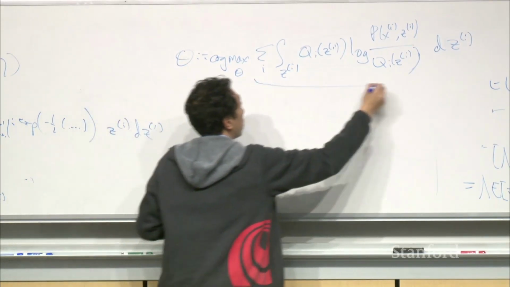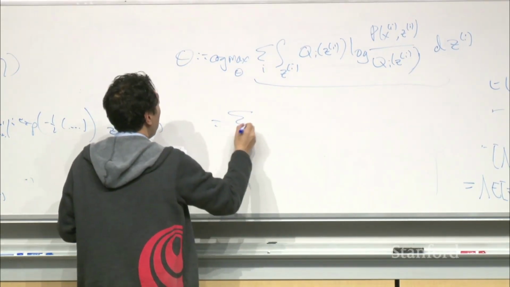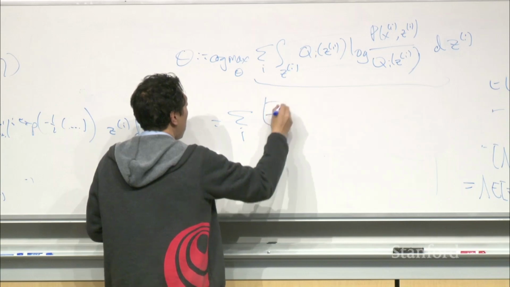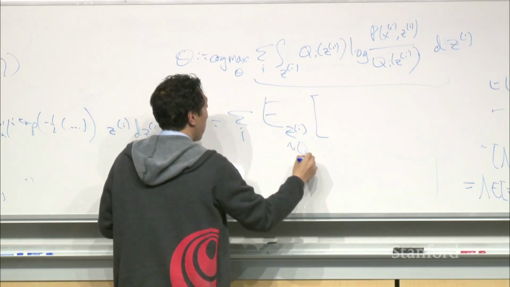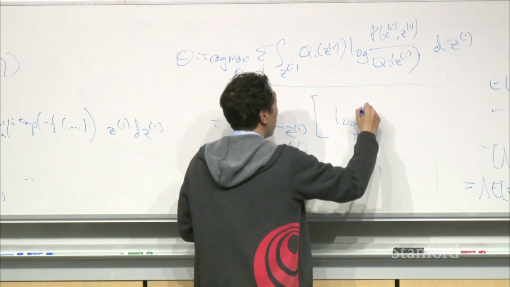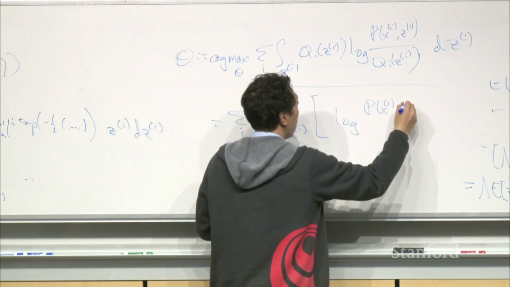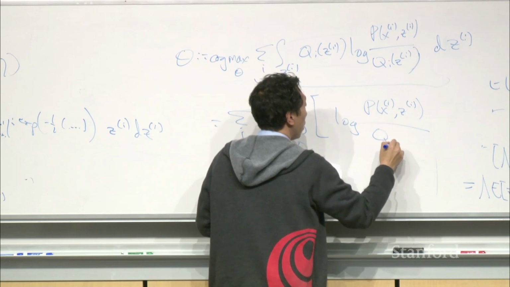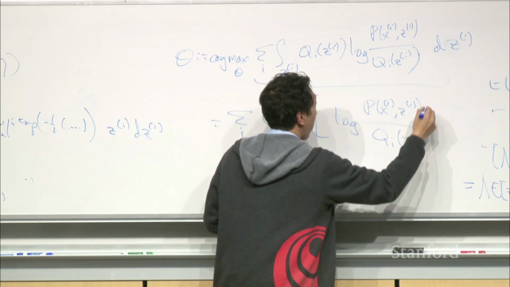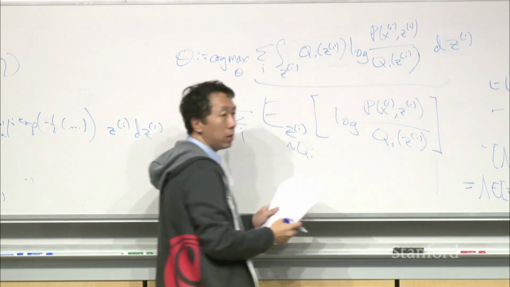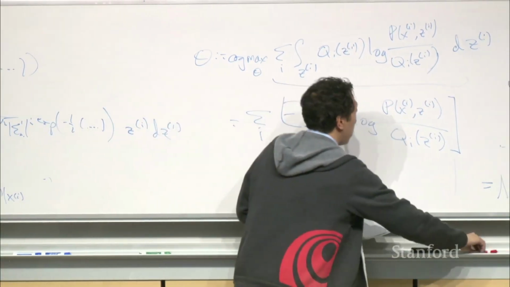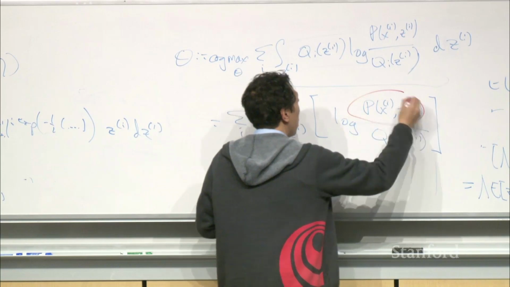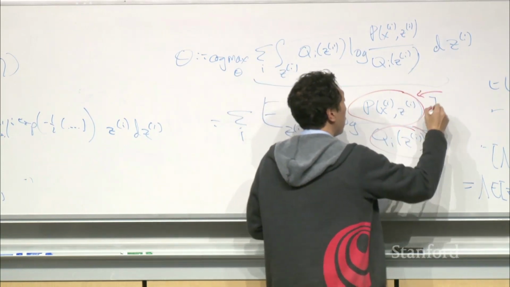And if you rewrite this term as sum over i, the expected value of zi drawn from qi of this, right? It turns out that if you go ahead and plug in the Gaussian density here,